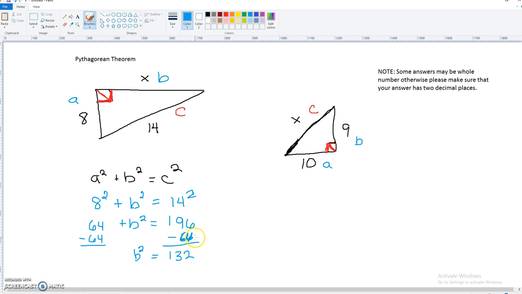But we need to find out the value of just B in order to find out what X is. Okay, so we're going to square root it. And of course, by now we know that the square root cancels the square. So the square root of 132, again, you'll either need to turn your phone calculator sideways in order to find the square root symbol, or if you're using a regular calculator, you'll need to press second, and typically it's the X squared button. And we'll get